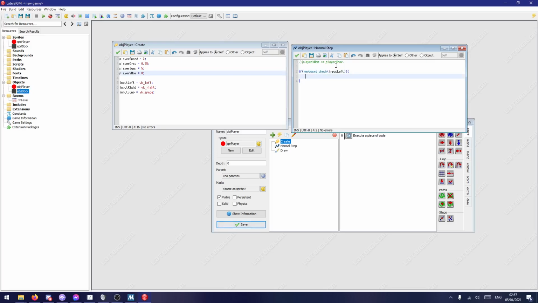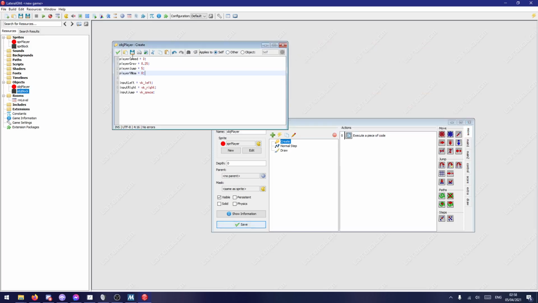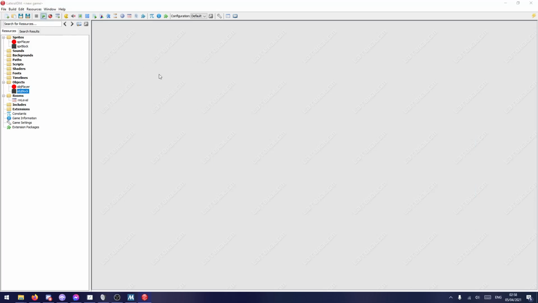If the left arrow key is being held down, we want the X position to have player speed subtracted from it. And then if keyboard check input right, X plus equals player speed. So if we save these and then we run our game,